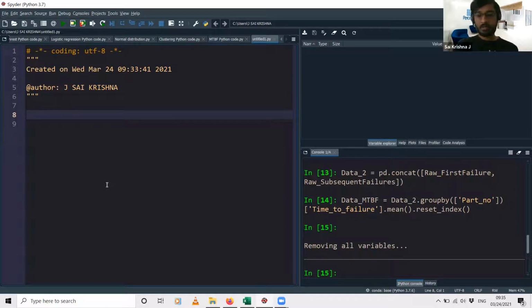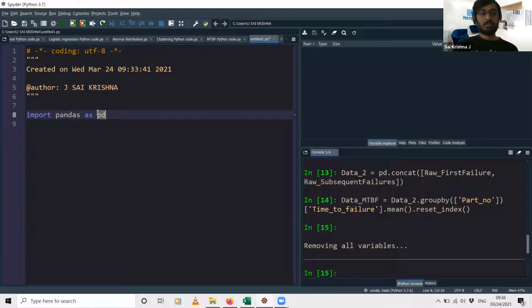As we have covered in the previous sessions, today also we'll be using the same pandas package to perform the data frame operations. Of course, the first step is to load the pandas library. For that, you'll be typing this command: import pandas as pd. Pandas is the name of the library, and pd is an alias that you give. You can give anything, but people generally use the pd alias.